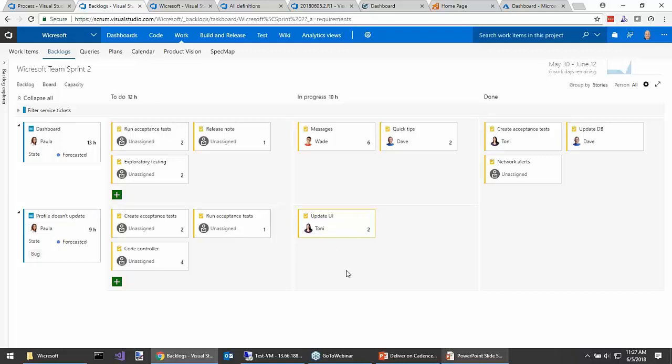Here's the thing, managers will come along and look at this and go, oh, good for Tony. Yeah, she's staying busy. She's putting in her 8 hours a day. The burn downs are looking good. And most importantly, we hired her because she's a testing and UI expert, and we've got her now working in her expertise. The risk is, although Tony's busy doing her specialty, the team may not get this one done. Lots of output, no outcome. And the boards and the queries and the alerts, they won't catch that.